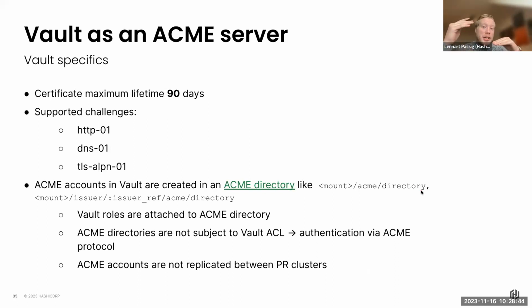The authentication piece now, differently to Vault PKI, means we are authenticating with the ACME protocol rather than using Vault as an authentication method for the client towards Vault. Everything is now handled based on the ACME standard.